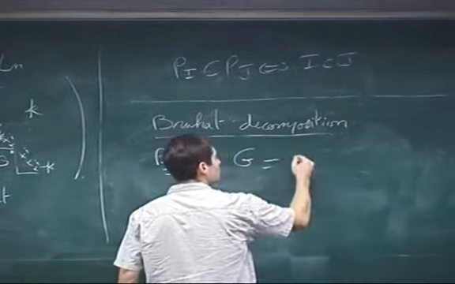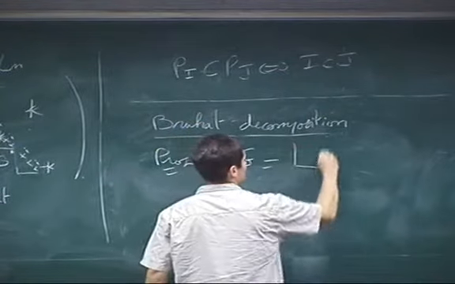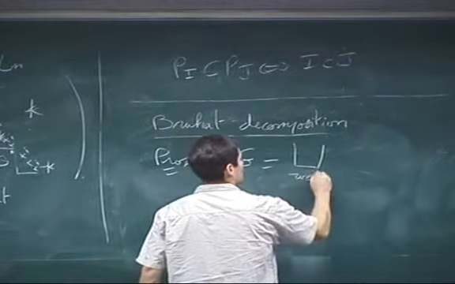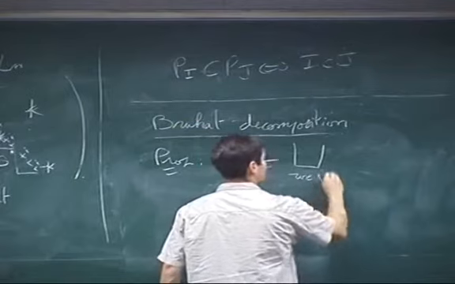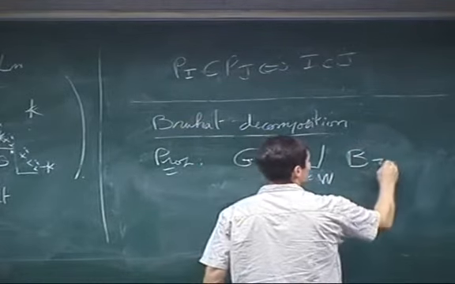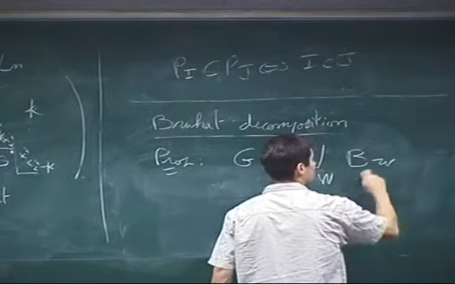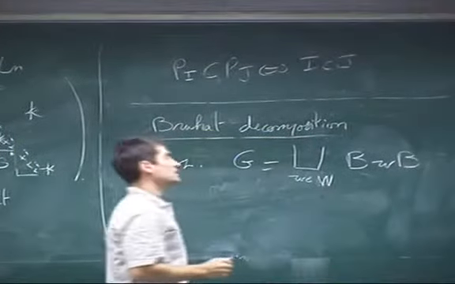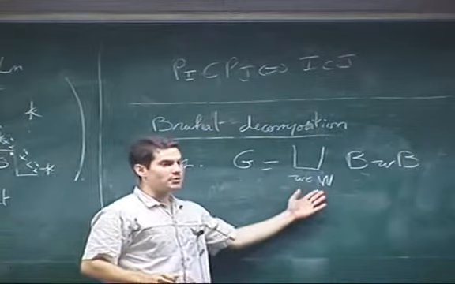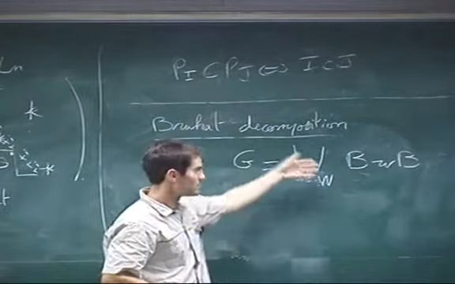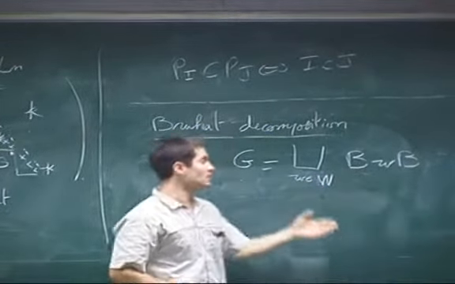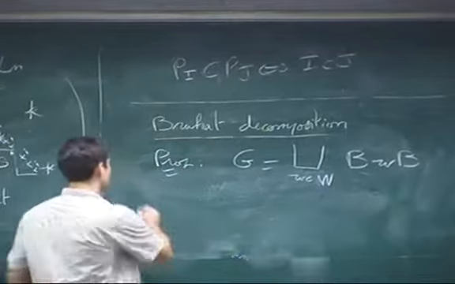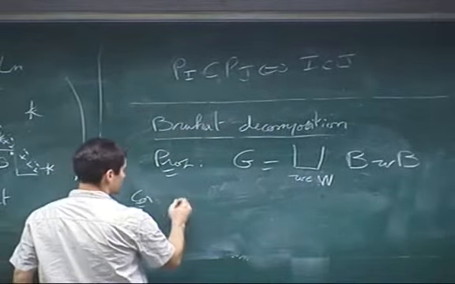So G can be decomposed into B orbits, so double orbits, so B acts on the left and on the right. And it's indexed by the elements of the Weyl group. So there are finitely many orbits. So in particular, there is an open orbit. So the corollary is